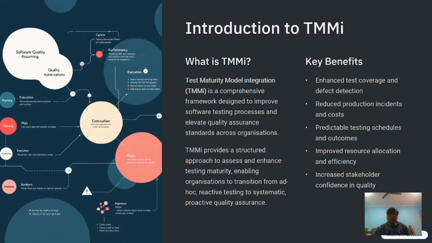So first of all, we understand why the TMMi model is needed. We had a CMMI model, that is a capability maturity model for the organization. But the CMMI model was covering the entire processes for the organization. So it was covering right from the sales and requirement phase, and then estimation, planning phase, project management phase, up to the operations mode. So there was a need to focus on the quality perspective, to focus on the testing